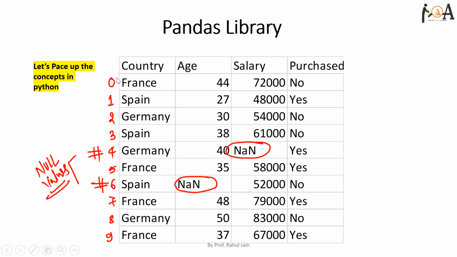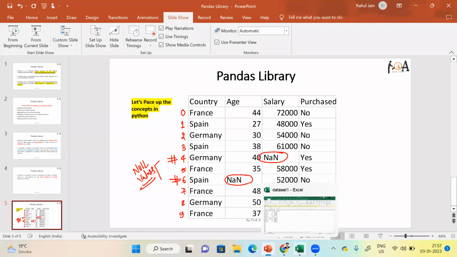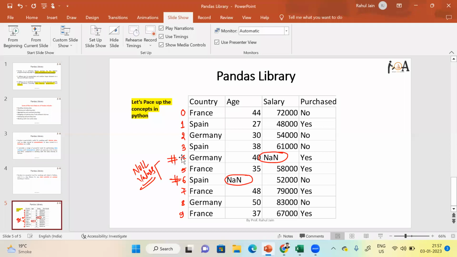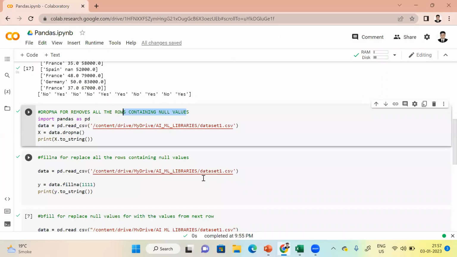Because you know that it is going to start from 0 and go to length minus 1, right? So what I am going to do is go to the Colab again, and here it is not going to indicate that null value. It means that when I print this part, it is going to skip row number 4 and row number 6. So if you want to print only the rows which do not have any null values,